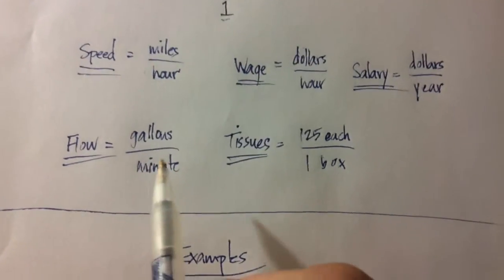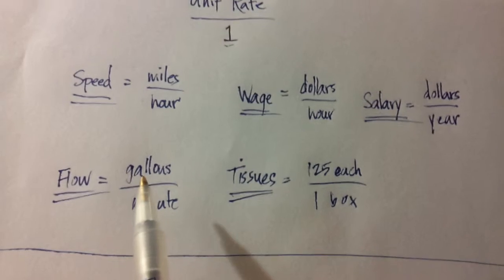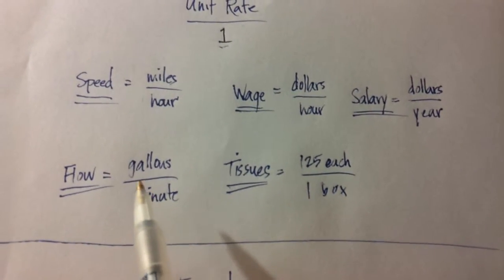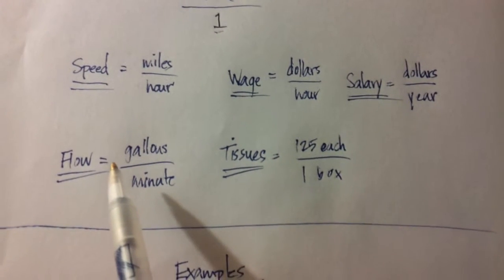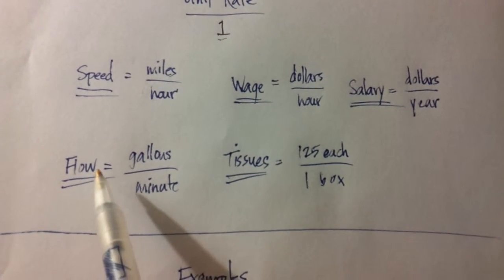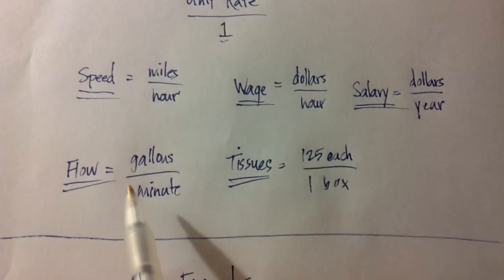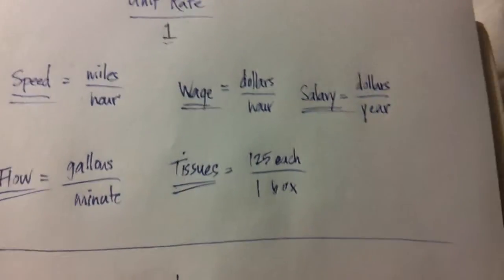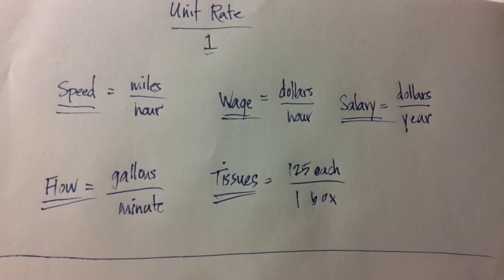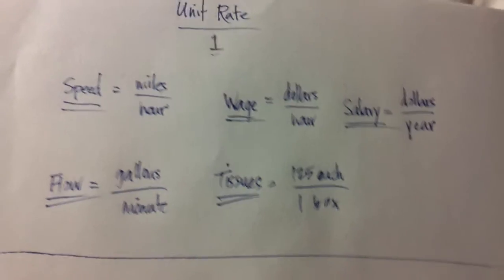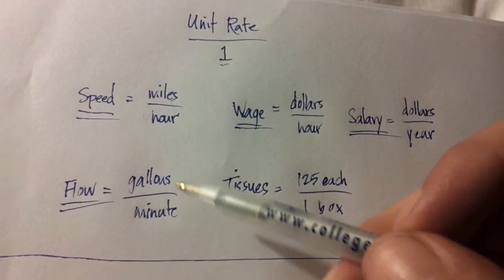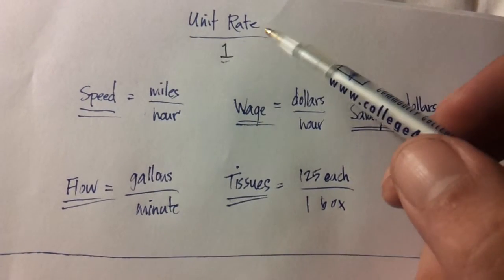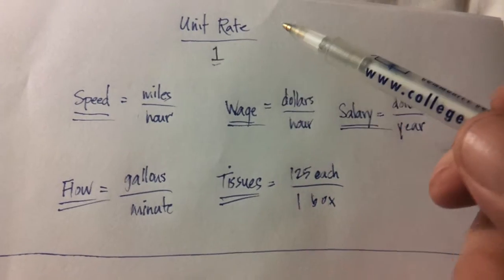Another thing that's given in a unit rate, and believe me, there's almost endless things that are given in unit rates that are really important, is something like how fast water is flowing. This may be so many gallons per minute. The gas pump at the gas station has a flow rate. It pumps so many gallons in a minute. You could time it. I'm not sure what the standard gallons per minute flow rate is, but of course it's much more convenient to give it in a unit rate.